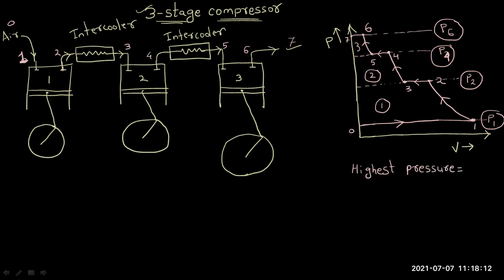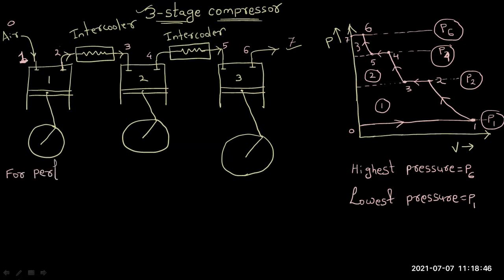Highest pressure is which one? Highest pressure is P6. And the lowest pressure is P1. Okay, and this P2 and P4, these are the intermediate pressures. Clear? So here also, if this intercooling process is perfect intercooling,